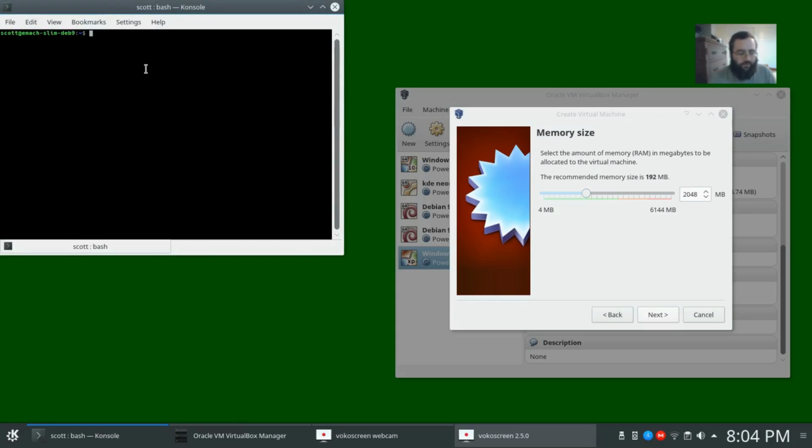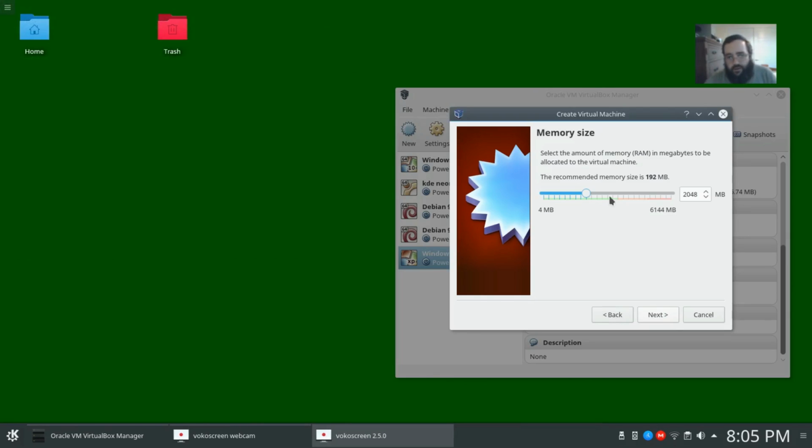You could either use a GUI like Task Manager or Sysguard, or you could just check. In this demonstration, I have about 6 gigabytes of memory and only using 1 gigabyte right now, and so 2 gigabytes is fine. Oops, that was already there. Okay, then next,